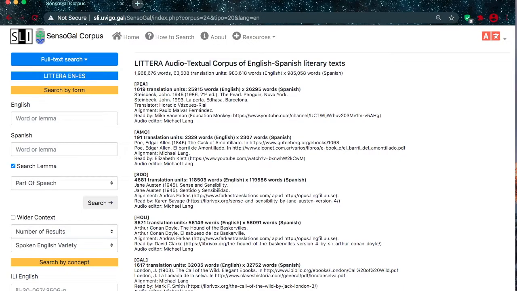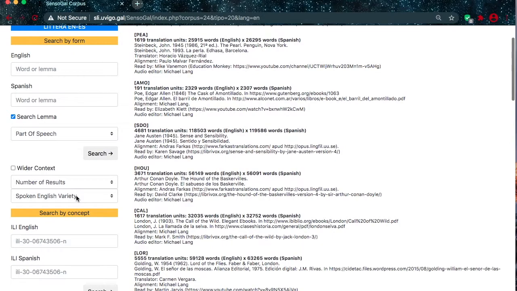In part 3 of this tutorial series, we will see how users can search by concept in Sensogel using the Litera corpus. In part 2, we saw how the corpora in Sensogel are lemmatized and semantically annotated, and that each lexically annotated word corresponds to a concept in Galnet, the Galician WordNet. Instead of searching by word, in this video, we will search by concept to gain a better understanding of Sensogel